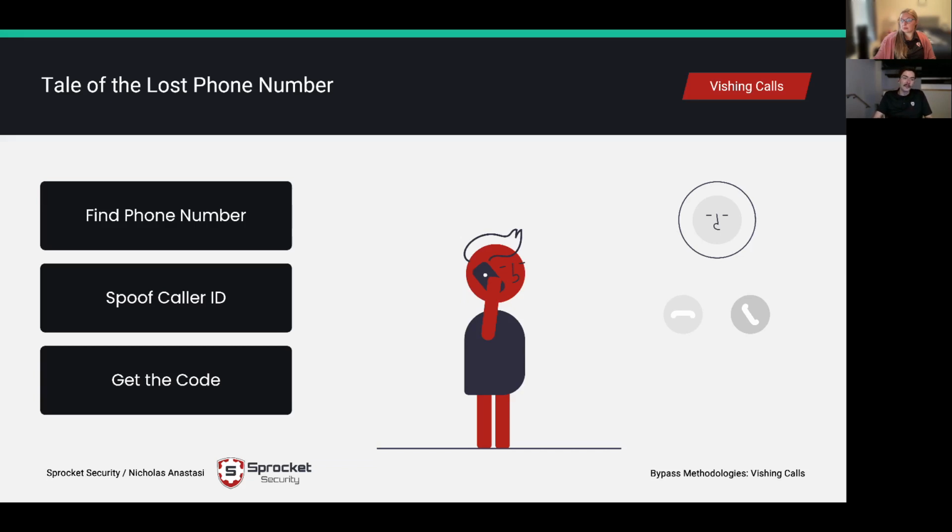On top of that, probably with number matching and all of these other MFA methodologies, I won't say get rid of SMS-based MFA as a solution here, and I'm going to get up on my soapbox for a minute and say that SMS-based MFA is not necessarily innately insecure. SIM swapping nowadays is a technique for gaining access to users' phone numbers and getting those MFA codes, but it's much easier to call the user and ask for it than it is to SIM swap a user to get their MFA code sent directly to you.